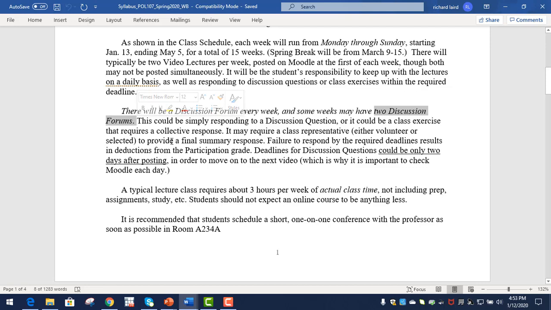Depending on what the chapters are, there may be an interesting question I might want to ask about a particular chapter, and then you will have a couple of days or so to respond to that, and we'll move on to the next one. We could actually have a class exercise where I may need you to communicate with each other, coordinate in some way to come up with a class answer or a group response, that sort of thing. So that could vary from week to week,